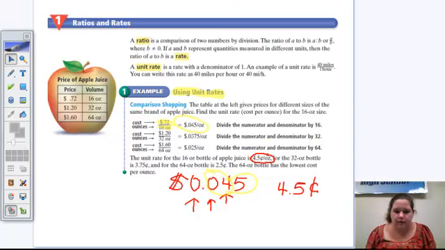Now, for the 32-ounce bottle, you have 3.75 cents. And for the 64-ounce bottle, it's 2.5 cents. The 64-ounce bottle has the lowest cost per ounce because it's only 2.5 cents compared to 4.5 for the 16-ounce